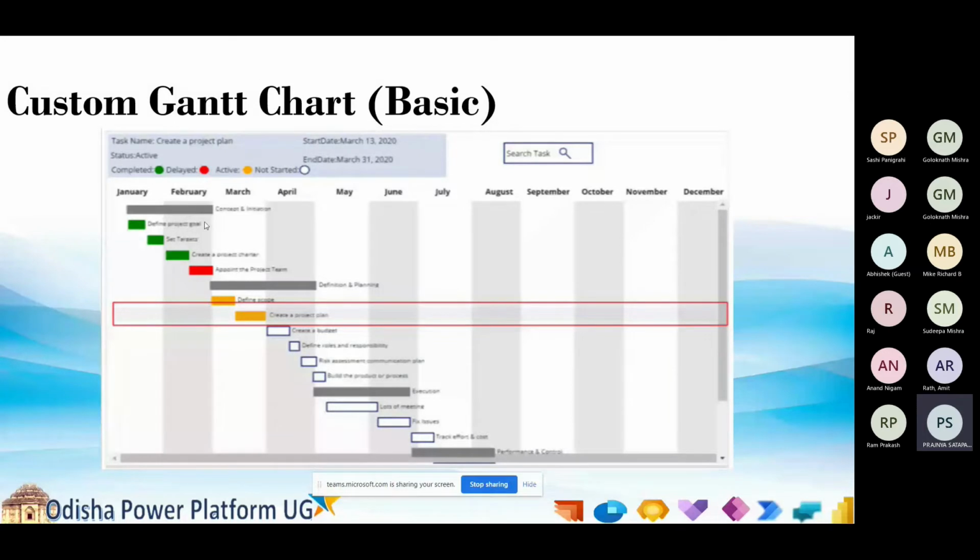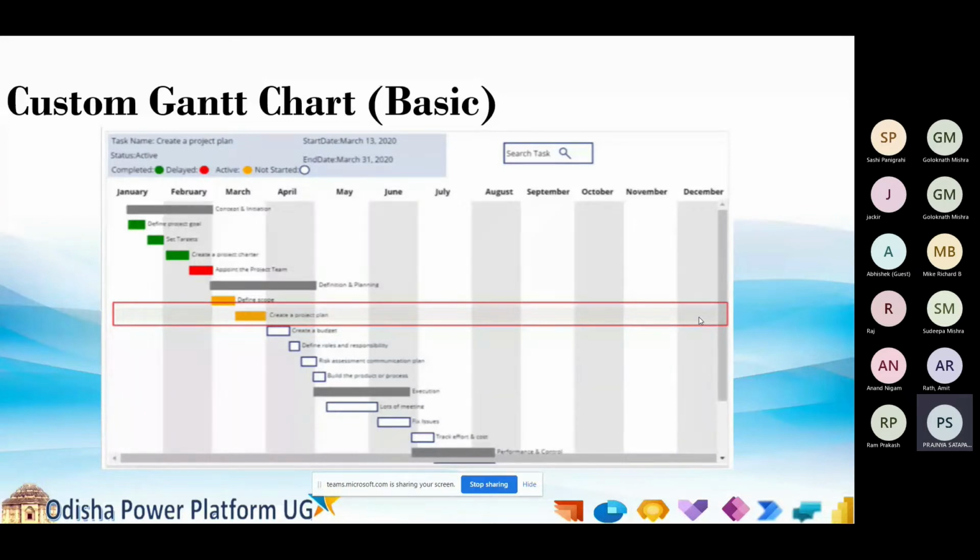But the problem here is that the background is fixed from January to December. So if we are planning a project from January to December, it is possible to display that project inside this Gantt chart.